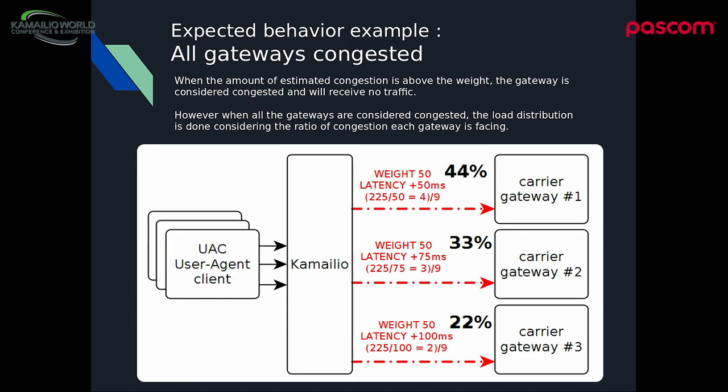So now all of the gateways are congested, so they are back in service because they are our best option. At this point, we will load balance based on the ratio of congestion each of them is facing. And then, of course, one of them could finally be brought out of service because the ping will fail and time out. So at one point, they will be removed, but we are proactively making the decision to move traffic